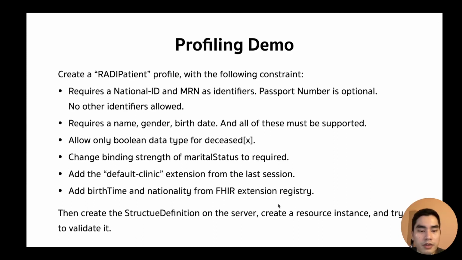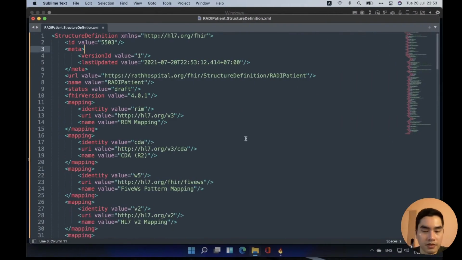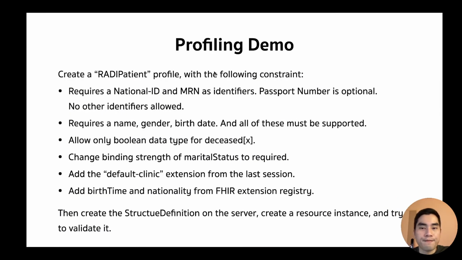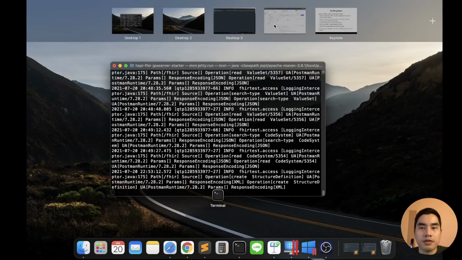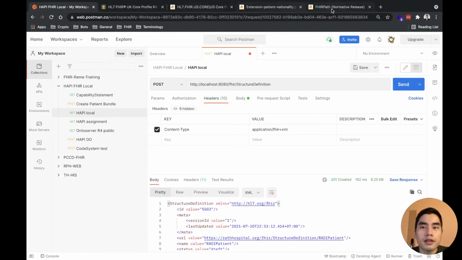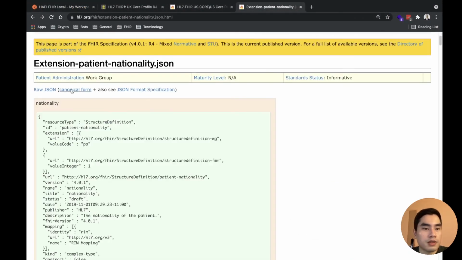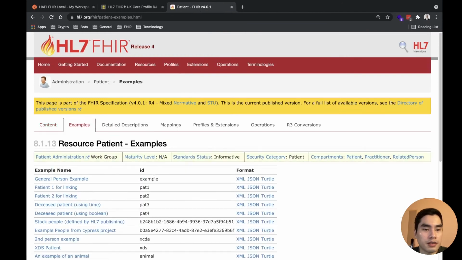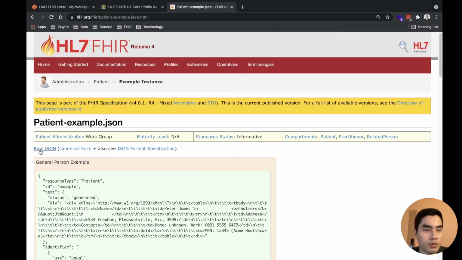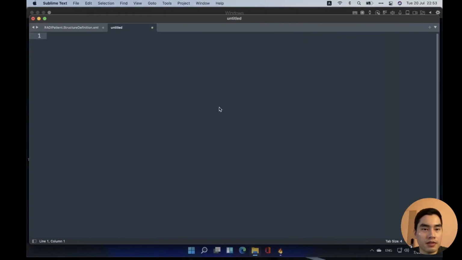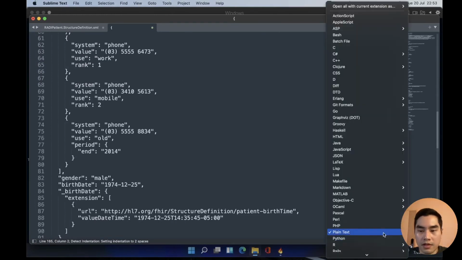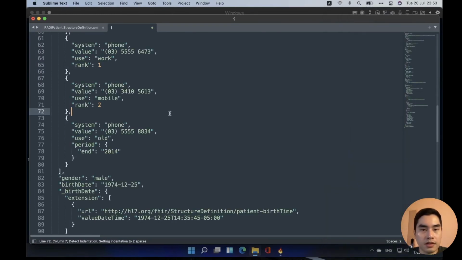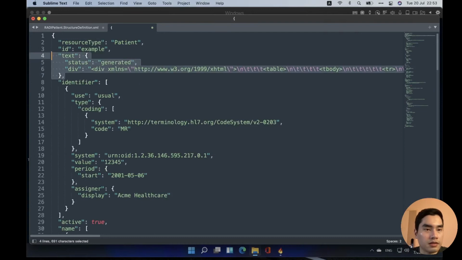And create a resource instance. All right, so I think I will switch it here. This one is patient example. I will quickly grab everything and put it here in JSON.